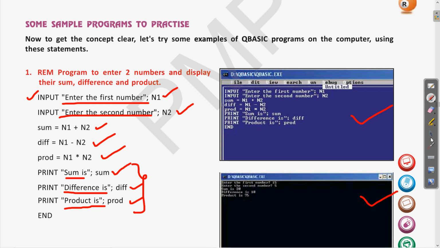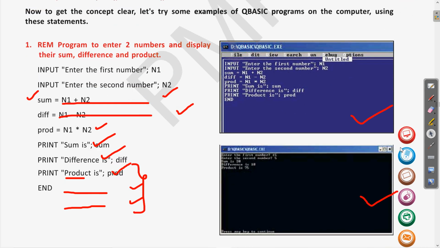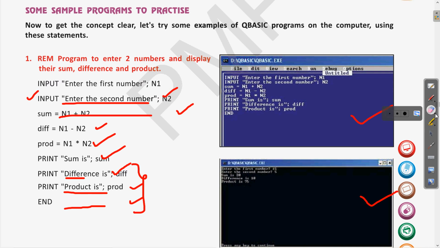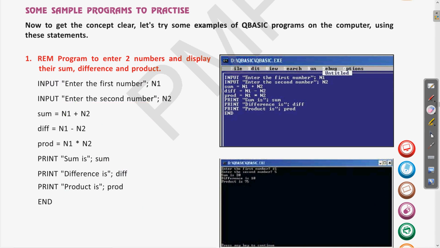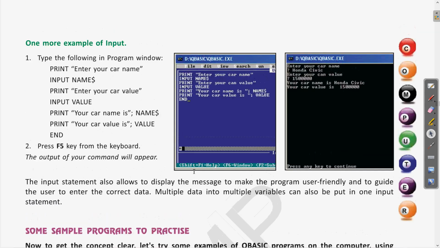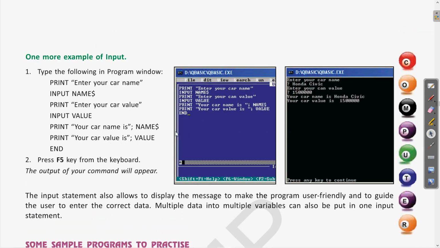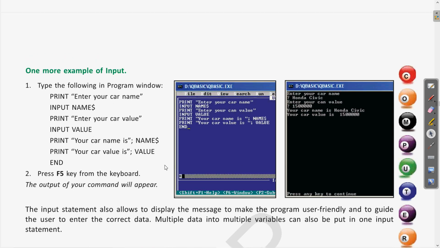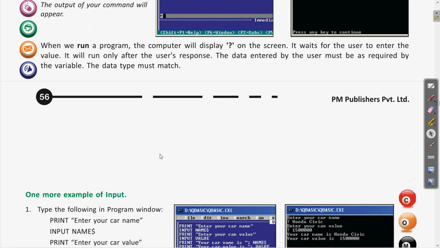So after this we will continue in the coming class. You can revise all which we have covered in today's class, that how we have seen the input command and how to use spaces, what kind of input can be taken if it is a numeric value. For that we can directly write the variable, and if it is a string we can use the dollar symbol. So read the program once and see it.